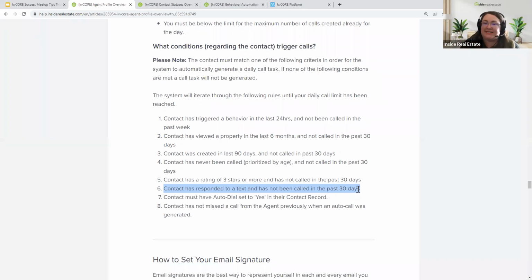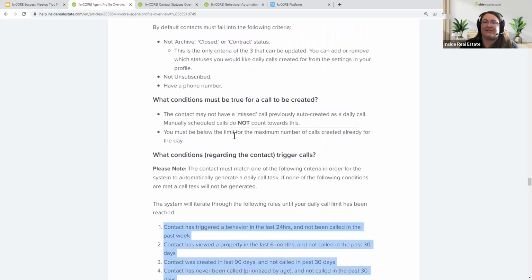So even if someone is texting you, right? Remember, these are people who aren't your clients. So if they're texting you, that's great. But a phone call builds rapport faster than a text message, right? So keep that in mind. If you aren't calling people on a regular basis, it's still worth a call, even if they are texting you all the time. You just give them a call. All right, so that's how we're going to maximize our daily call creation.